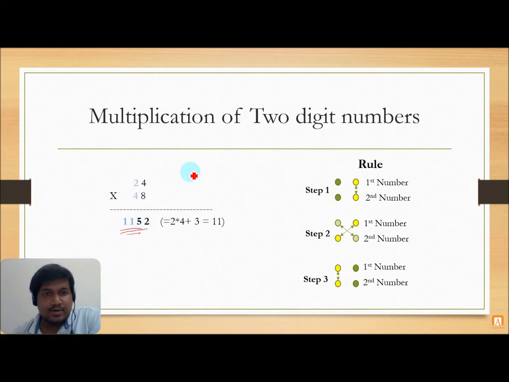So friends, if we try this with the normal method, what will be the answer? Let's try with the conventional method. It will be 24 into 48. In the first step, 8 4s are 32, then 3 carry over, 8 2s are 16 plus 3, 19. Then we will write 0 here, then we will do 4 into 4, 16, 1 carry, then 4 2s are 8 and 9, and then we will add it. So in this, what is the answer? 2, 15 and 1 carried, so 1152.